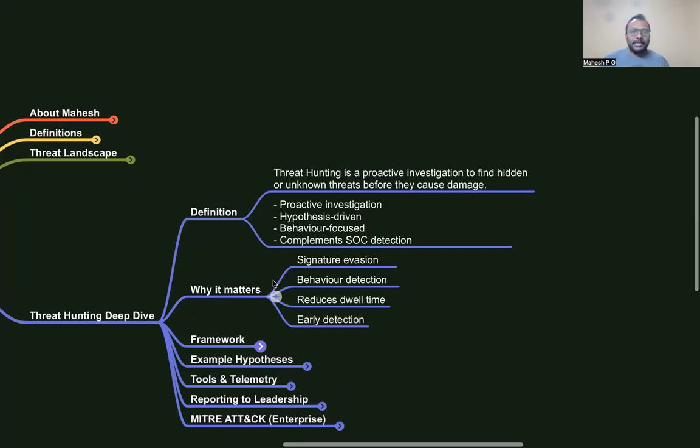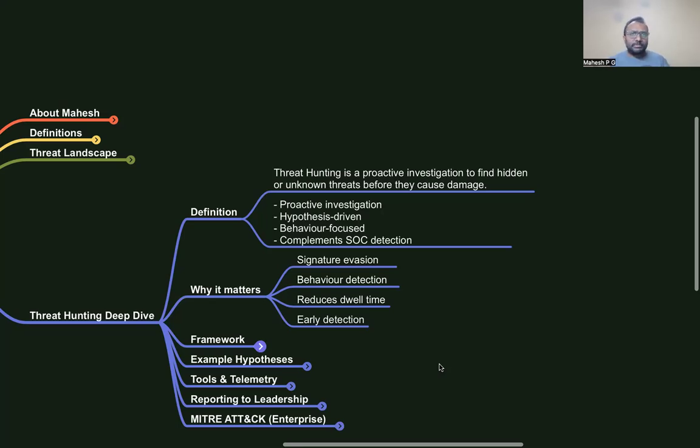Why does it matter? Because currently there are very sophisticated attacks due to AI related attacks, right? Very sophisticated attacks can bypass signature based detection and behavior based detections like UEBA, user and entity behavior analytics. We will look at the particular behavior of a system or a process or a user, which can even be evaded by changing the threshold, changing the attack mechanism.